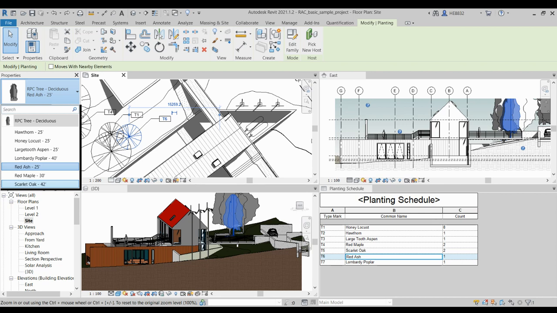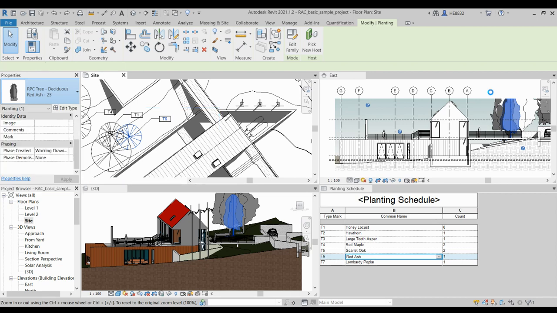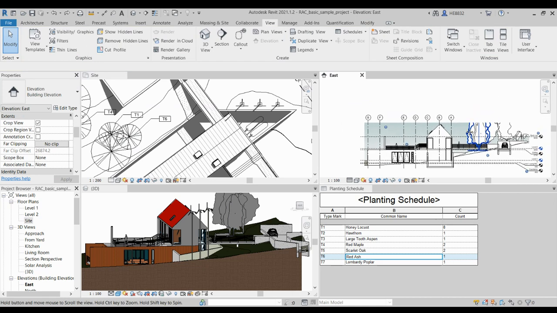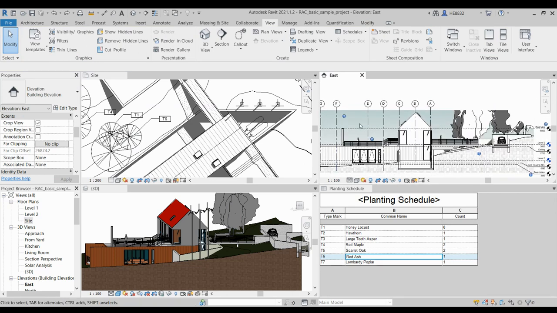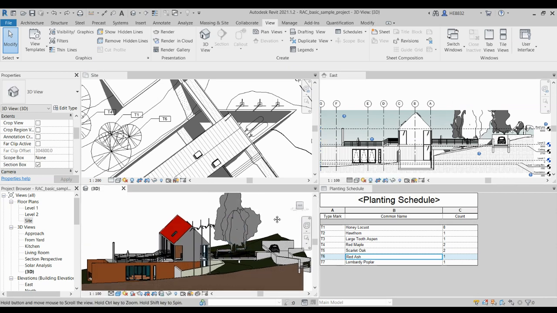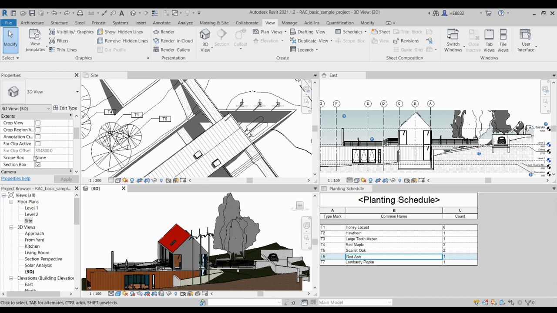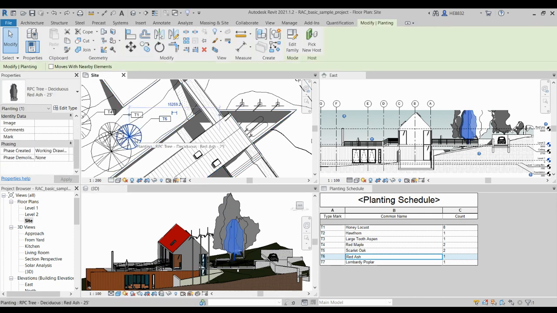So here I'm going to zoom out a little bit in the elevation. It's a cropped view anyway, so that you can see as much as possible. Here, let's see the heights of those other trees. So right now, if I click back onto that red ash, we can see that it's one of the shorter trees in the drawings here,